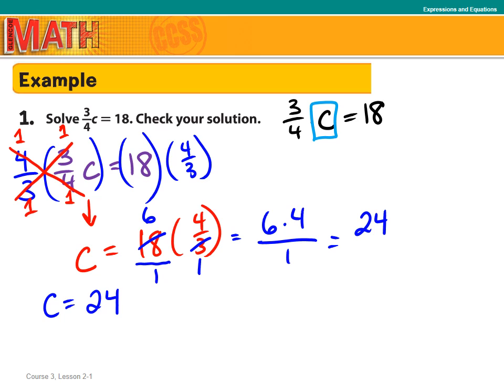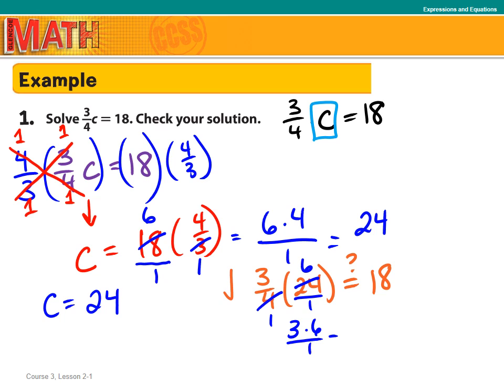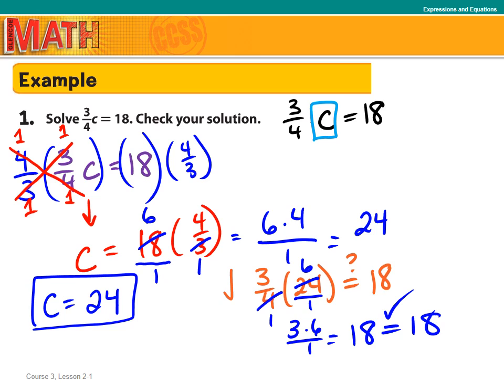Now they are asking us to check this. So let me make myself some room over here to check this. I'm going to take the 3/4, multiply that by 24. Will that give me 18? So as I work it out, once again, I can do the cross canceling. 24 over 1. I know 4 goes into 4 one time. 4 goes into 24 6 times. So I'm left with 3 times 6 over 1, which is 18. And we know that 18 equals 18. So my answer of c equals 24 checks out. Make sure, boys and girls, when you're doing these problems, you want to check your answer to make sure that